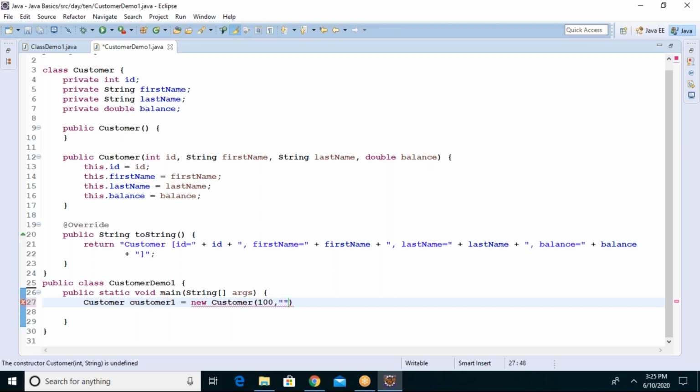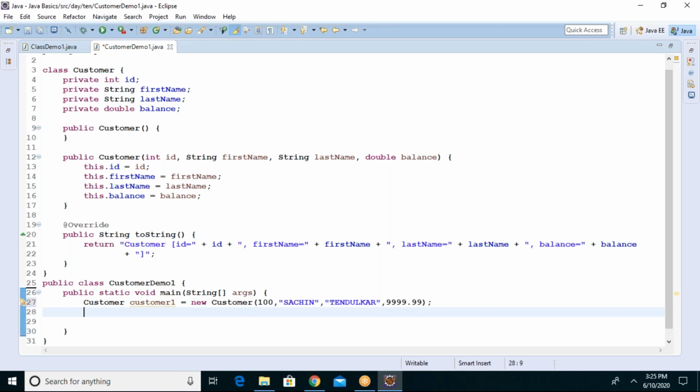Second parameter is what? First name Sachin, last name Tendulkar, and balance 9999.99, some amount, semicolon. Is that clear? Now what next?